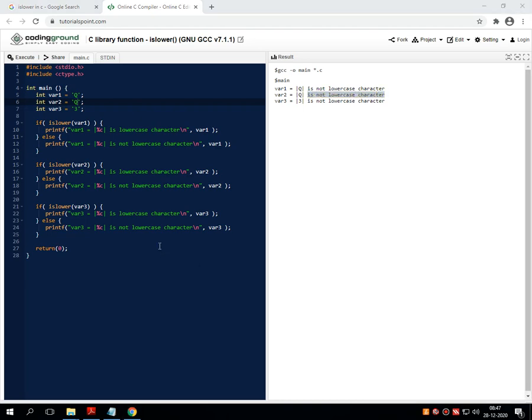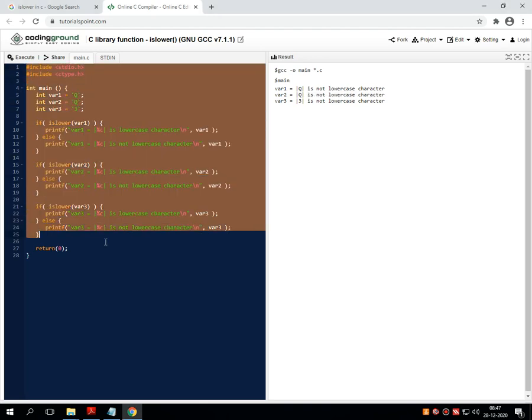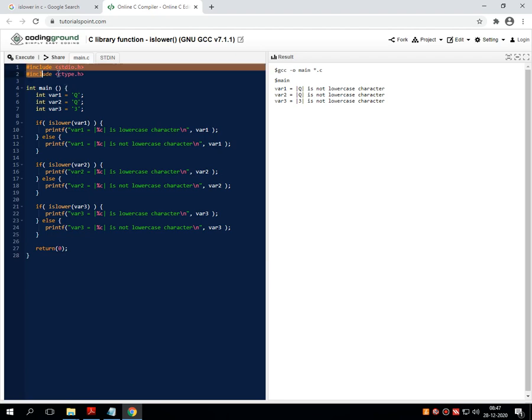I think something is improper in my program, but it works online very perfectly. Just see the program over here, no issue. What I have done is, I have mentioned the necessary library function first, then into the void main statement 3 variables I have taken, where in variable number 1 I have taken the capital Q, in variable number 2 the small q, and in variable number 3 a 1 digit.